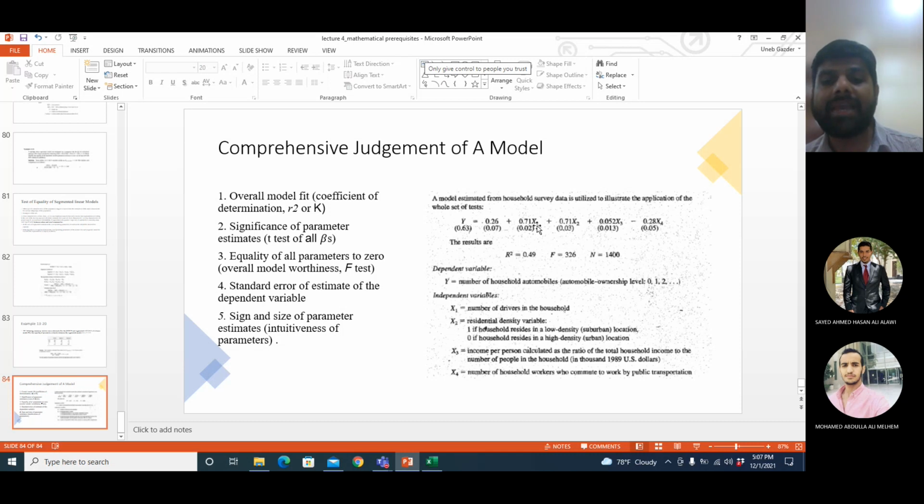That means what? If the number of drivers increases, the number of cars in the household will increase. Do you agree or not? If the number of drivers, the number of people who have a license, increases, do you agree or not? Yeah, agree. Okay, good. X2, if residential density means population of the area,